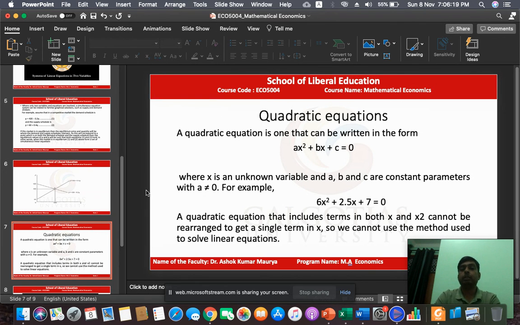It means that the equation will be converted into linear form. So here we have to remember two things. First, the quadratic equation is always in the form of ax square plus bx plus c is equal to 0, and where a, b, c are